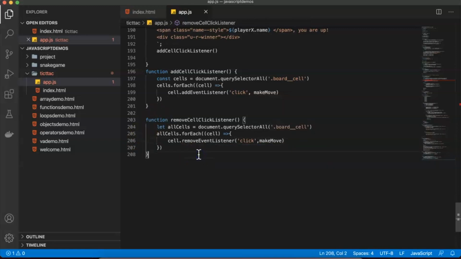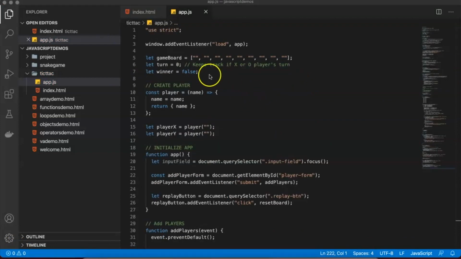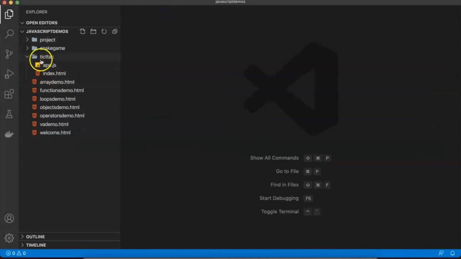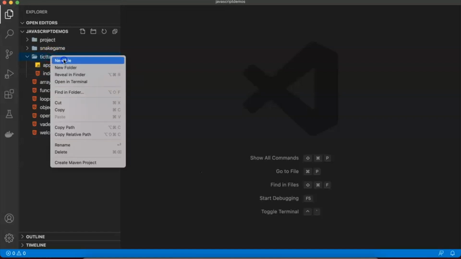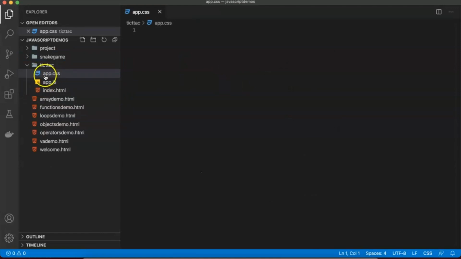That's it. So friends, now most of our JavaScript code is written. Going forward we would like to use CSS, and finally we'll be applying everything into our HTML file. Well, after the JavaScript file is ready, now it's time to create our CSS file. Inside my tic-tac folder, I have got app.js and index.html ready. You can basically put this app.css in any other folder like a static folder, but I have just kept